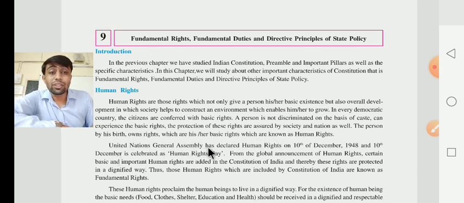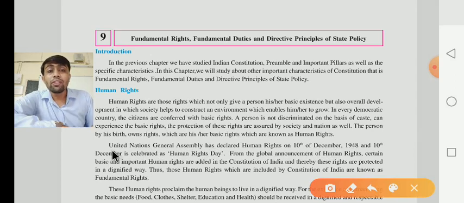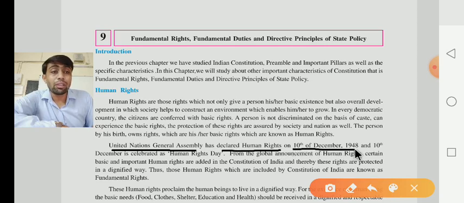United Nations General Assembly declared the human rights on 10th December 1948. Dear children, what do they say? They say that the United Nations General Assembly has declared the Human Rights Day. Which day was declared by the United Nations as Human Rights Day? It was declared as 10th December 1948. On 10th December 1948, the United Nations General Assembly declared the Human Rights Day, and 10th December is celebrated as Human Rights Day. From the global announcement of the human rights, certain basic and important human rights are added in